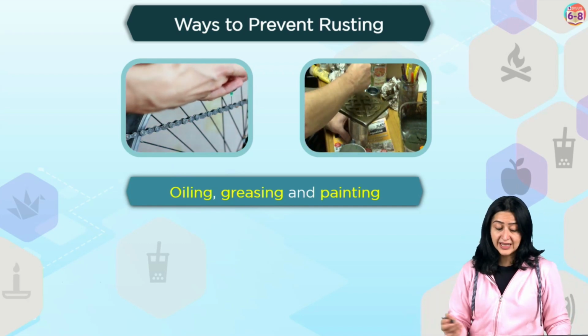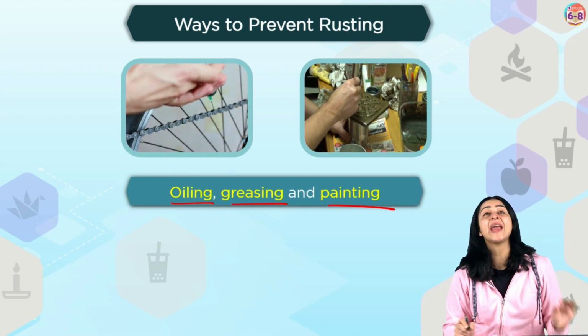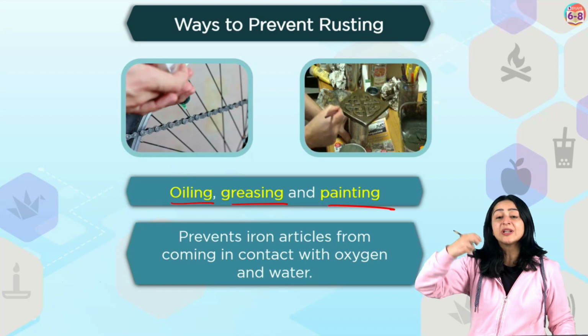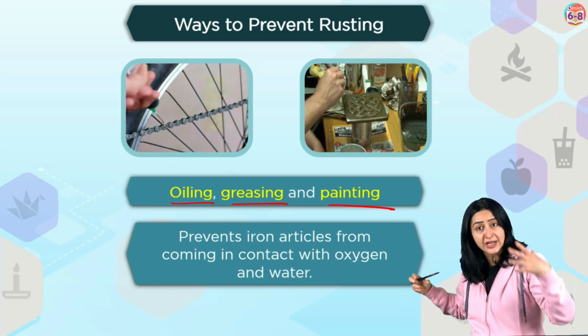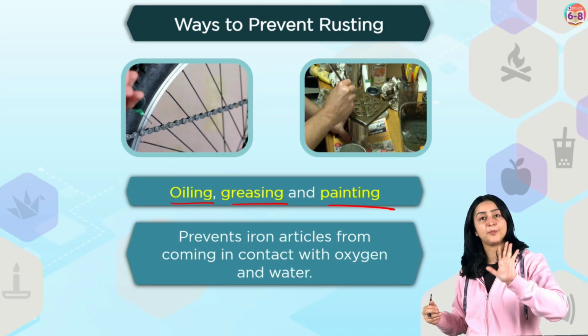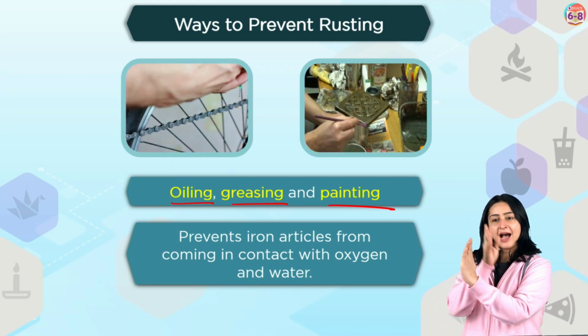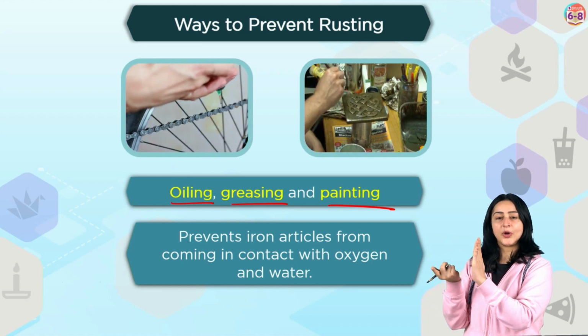Well, one way is to put a layer of oil, grease or paint over it. What are you doing here? You're basically coating the iron with oil, grease or paint. It forms a Suraksha Kavach around the iron nail. The iron nail is this side, this is your oil, and here you've got your